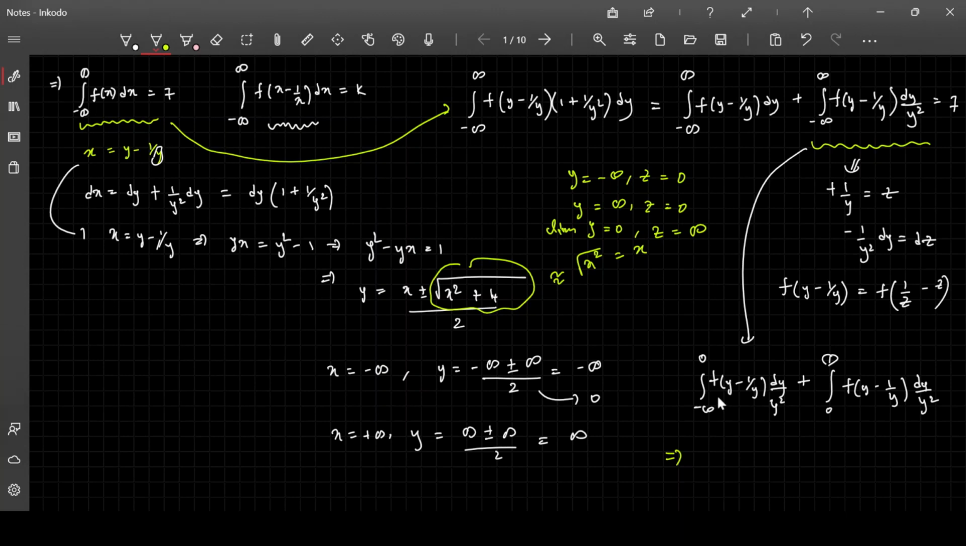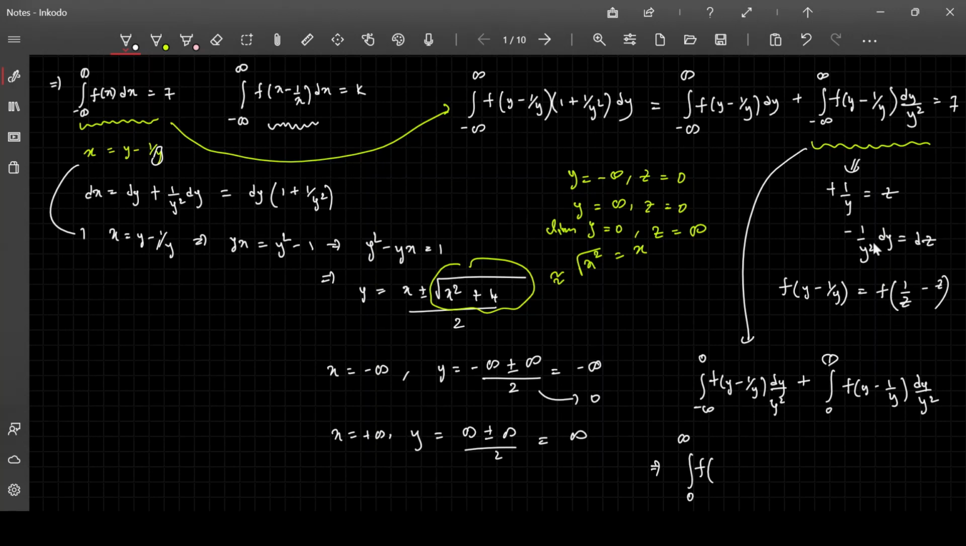So this actually becomes minus infinity to 0, right? So if that is the case, upon substituting 1 by y as z, this actual integral will become 1 by z. Let me write with the white ink itself. So this is minus infinity to 0. If minus infinity, then z is equal to 0, and if this is 0, then z is equal to infinity, and this is basically f of